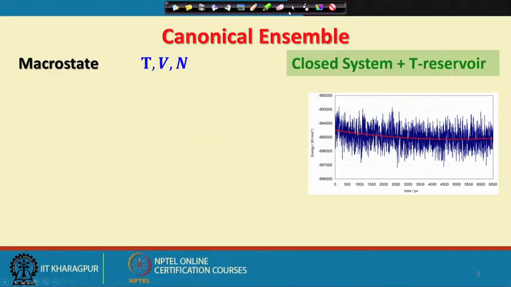always talked about a constant energy condition when we were discussing the microcanonical ensemble. And now, I am saying that even if the system is at equilibrium, the instantaneous value of energy is not a constant. If I had some means of measuring the instantaneous value of energy, it is varying with time. So, is that not a contradiction? How do I say that the system is still in equilibrium? I will answer this question, but before that, let us have a look at